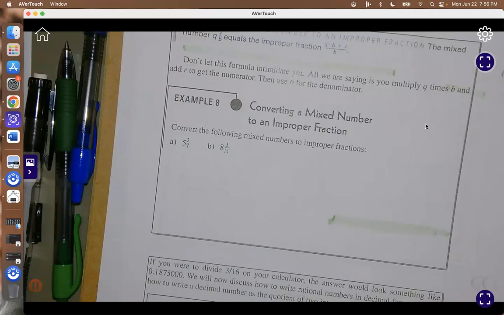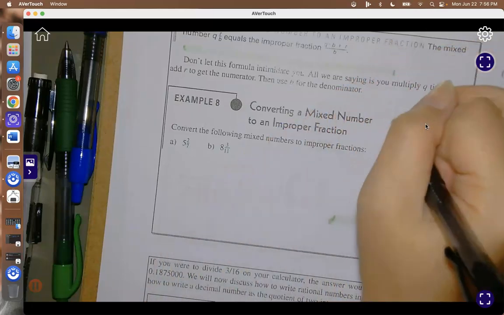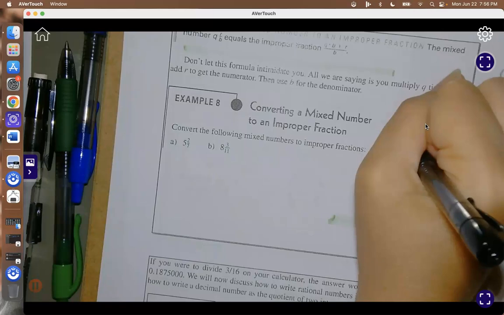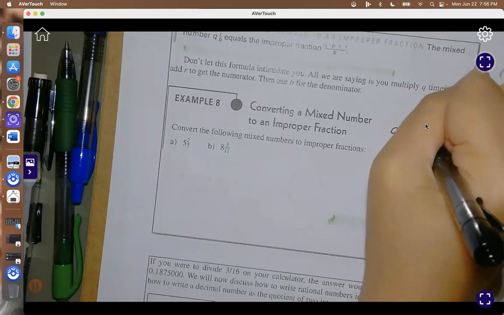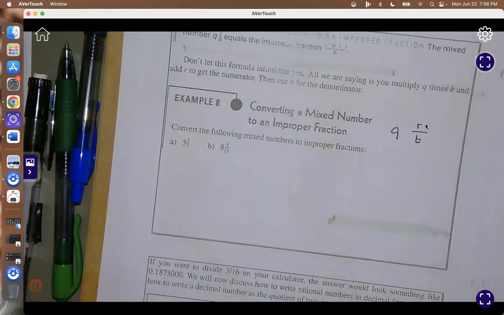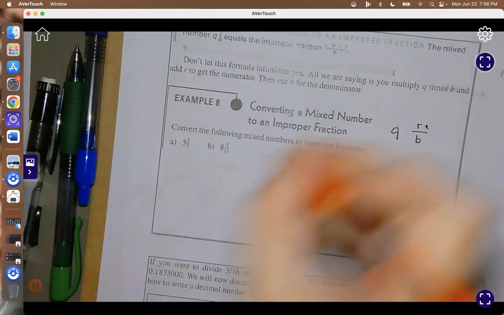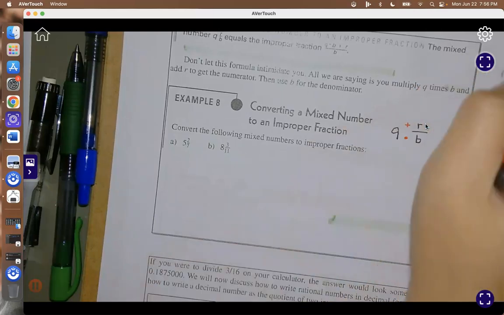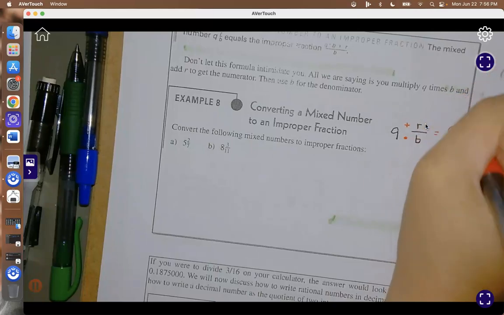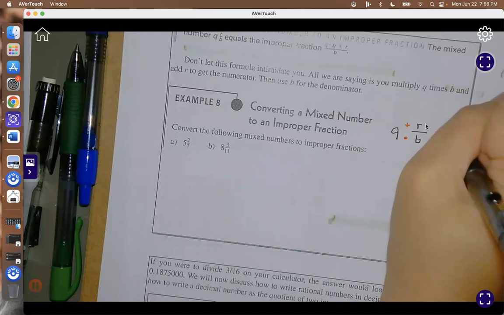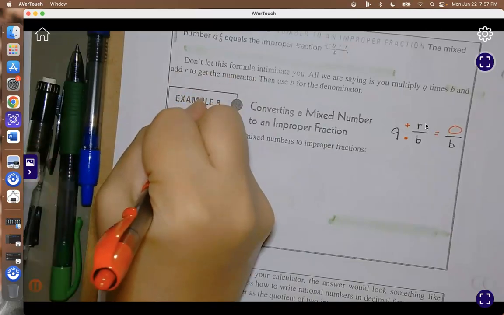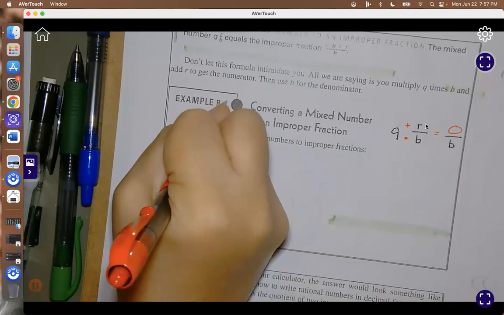Converting a mixed number to an improper fraction. Okay, so what you have to do, let's say we have Q R over B. Remember that you do B times Q plus R, and you get that number over B. Okay? So, in this problem right here, we're going to do 5 times 7 plus 2